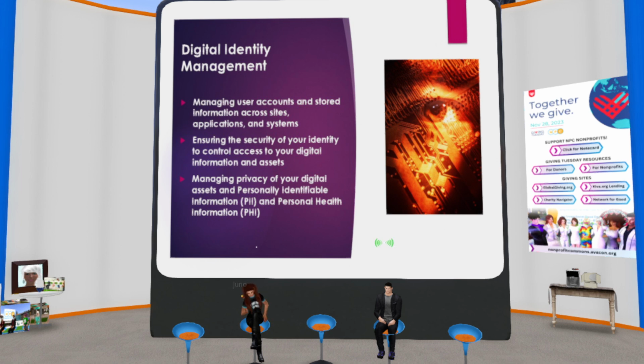Management of your digital identity is ensuring the security so that only you or those that you designate appropriately have access to your digital information and assets. In addition, it's about managing the privacy of your digital assets. And I'll talk a little bit more about digital assets because it encompasses everything about us that's electronic, and information wise. Though particularly people are sensitive about things like PII, personally identifiable information, so things like your name, your address,